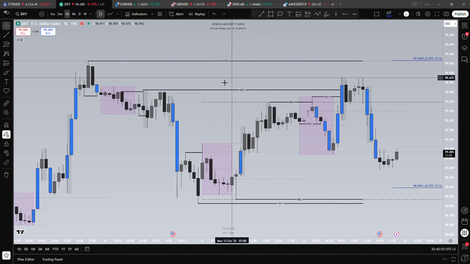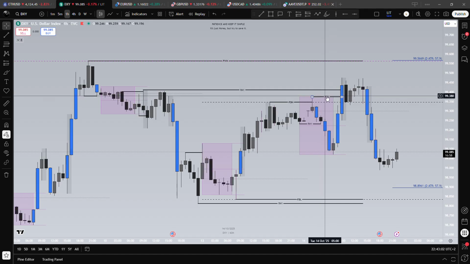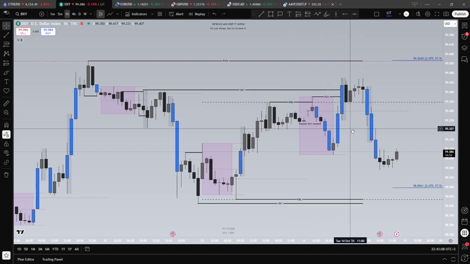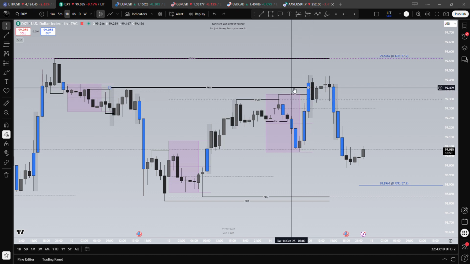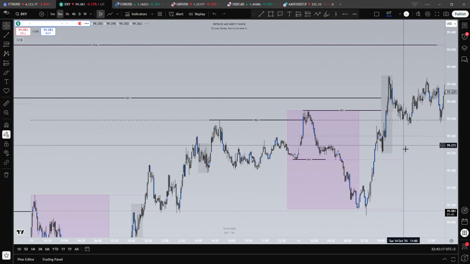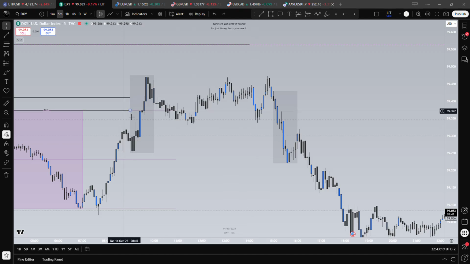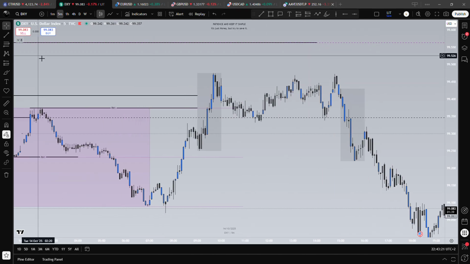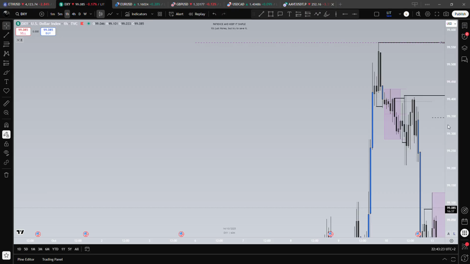First of all, we had the DXY with this round liquidity in H1 here that took the previous daily high. So we had two round liquidities on the higher time frame. And well, I was waiting for a reaction to look for sells on the USD pairs, and then to look for buys on the other pairs. Okay, so